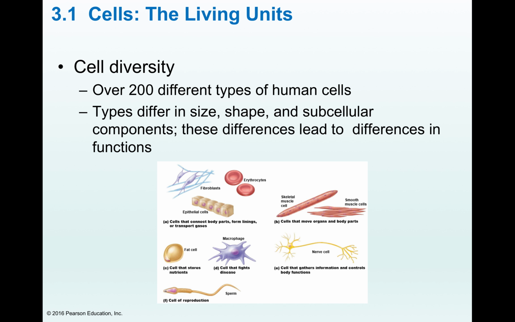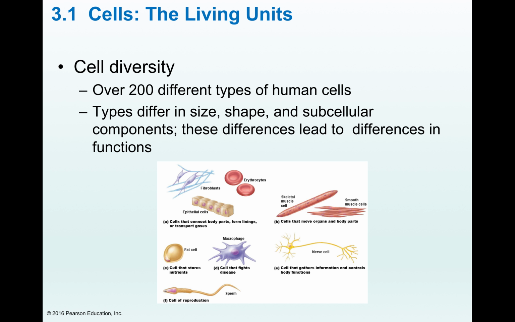If we take a look at the cells that are found within our tissues and within our organs, we can identify about 200 different cells that are different in not only their size but also shape, as well as the components that are present within them. You can see in the picture some of the main categories of cells that we will be discussing in your class. These include your red blood cells, referred to as erythrocytes, the two different types of muscle cells, such